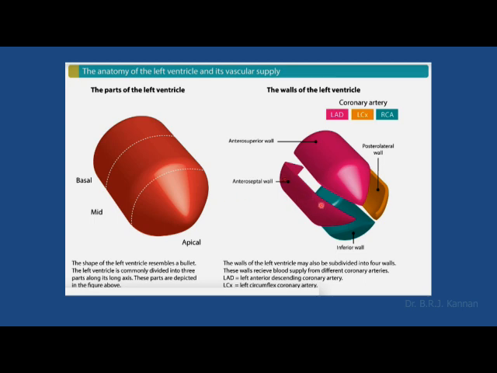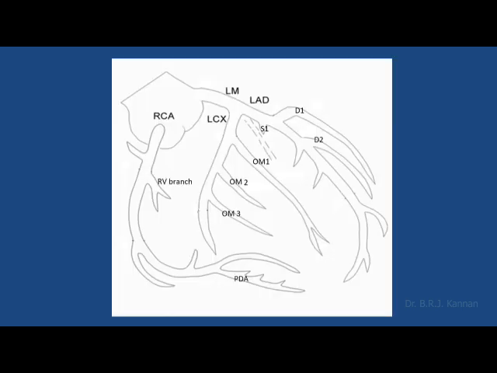So we have seen already anterior wall, anterior superior wall, posterolateral wall, inferior wall. The posterolateral wall is supplied by the circumflex. The inferior wall is supplied by the right coronary artery. The rest of the thing is supplied by the left anterior descending artery. Now let us understand this again with a line diagram. We are going to see all our ECGs with this line diagram.